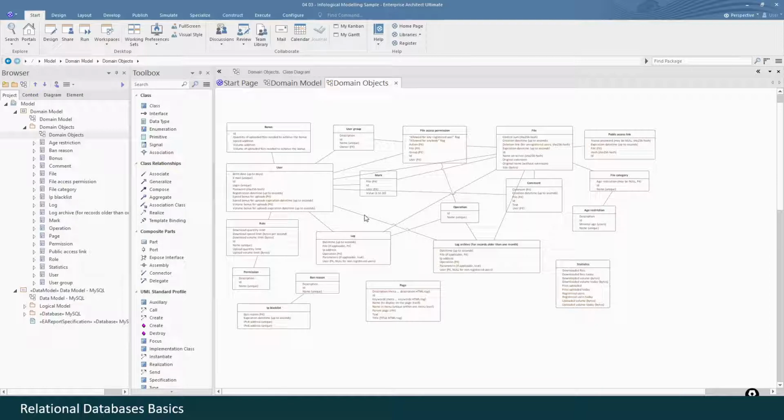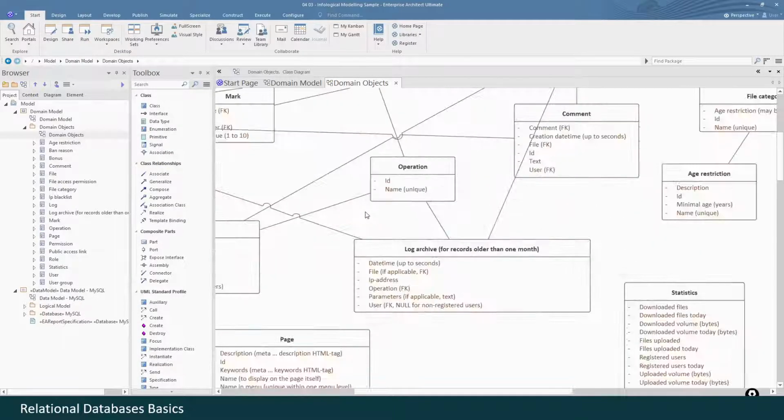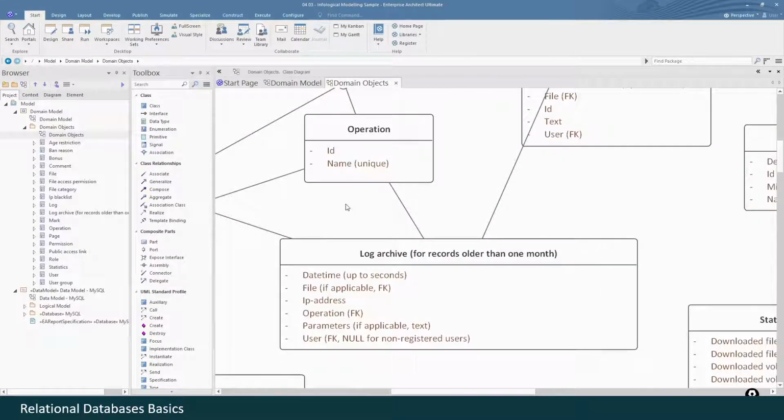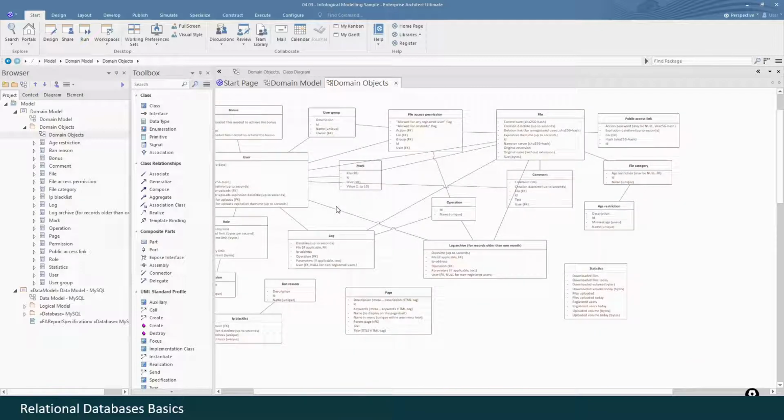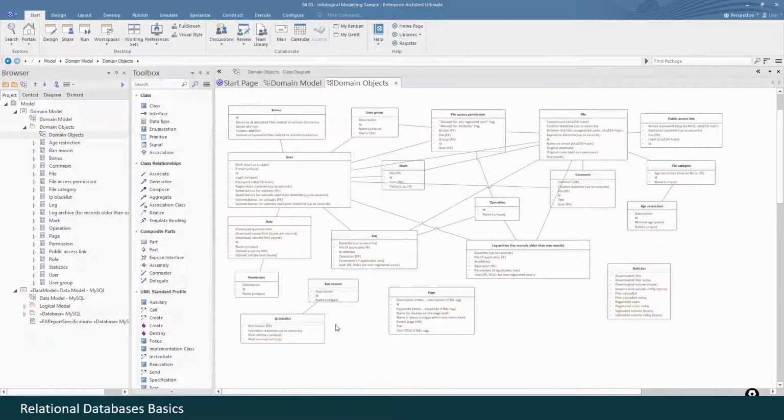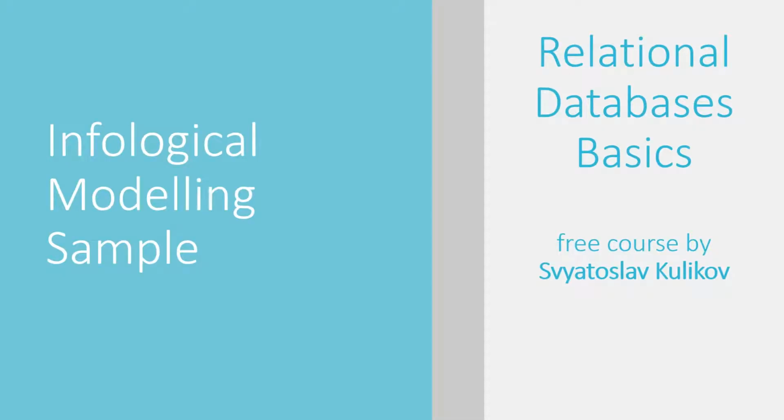And if we open the Sparx Enterprise Architect itself, we may see the same picture, we may scale it any way we like. We of course may convert it to some PDF file or print it to paper or do something like that. And if we have a monitor with high resolution, we may easily see the whole picture, discuss it with customer, with colleagues, make some corrections here if needed, and so on and so forth. Now we've finished with infological modeling, and in the next video we shall discuss data logical modeling.